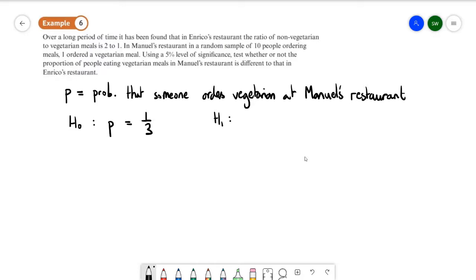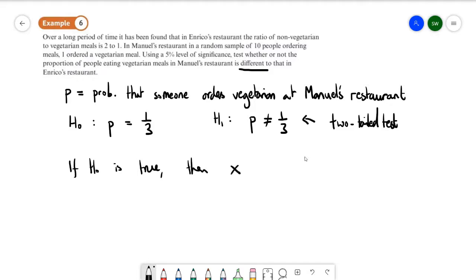And our alternative hypothesis, well, the key word here is different. We're interested in whether that probability is different to a third. So P is not equal to a third. This part here means it's a two-tailed test. So we're going to get a mark for doing the null and the alternative hypothesis, and then we're going to get a mark for saying if H0 is true,